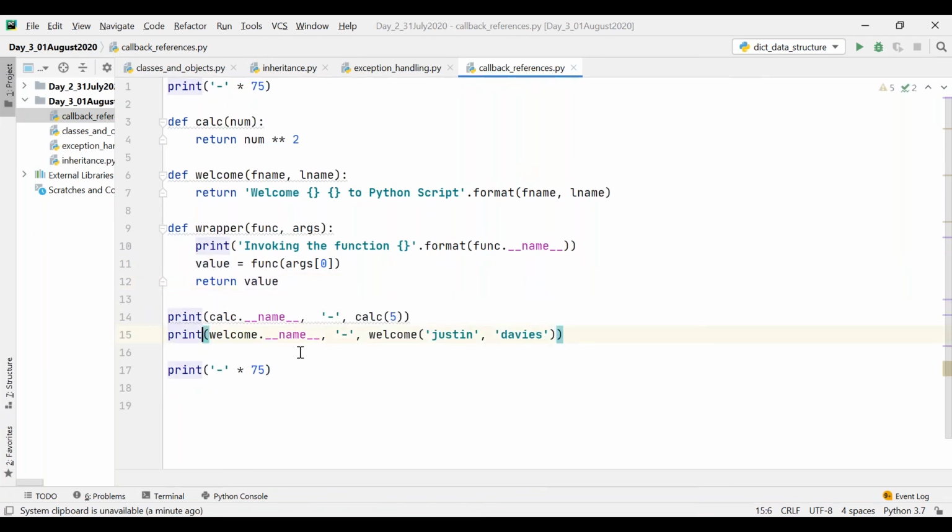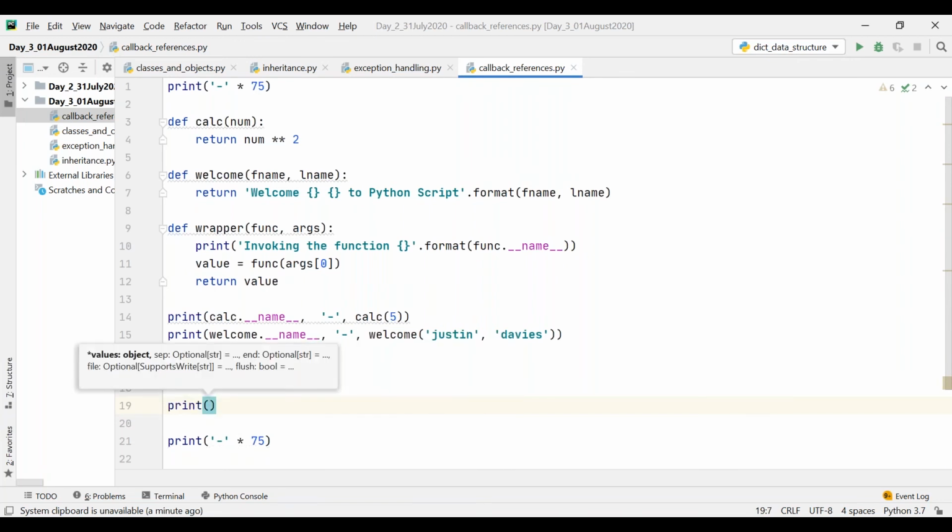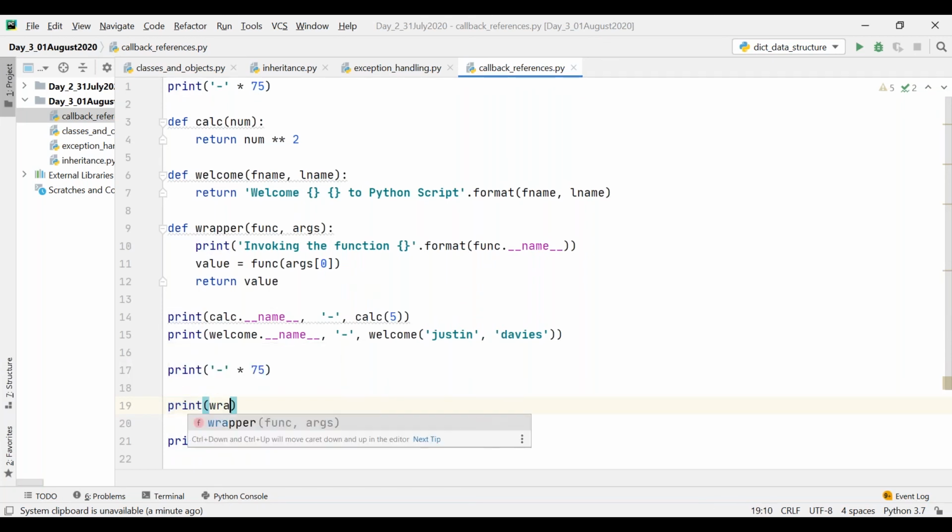So now instead of calling this particular function directly, I am going to invoke the function using a wrapper. Let's write like this: wrapper of, what is the first function name?